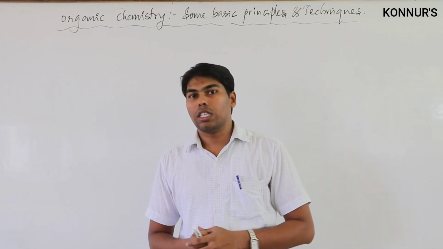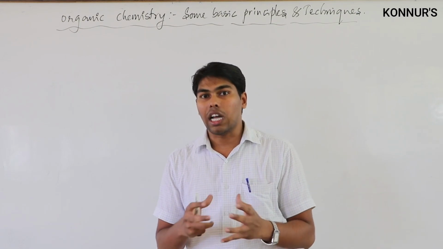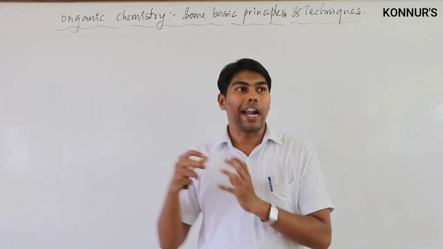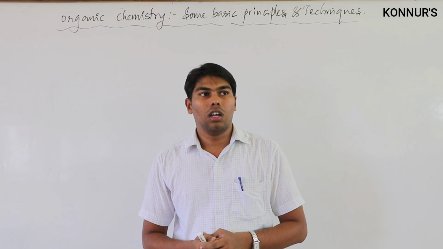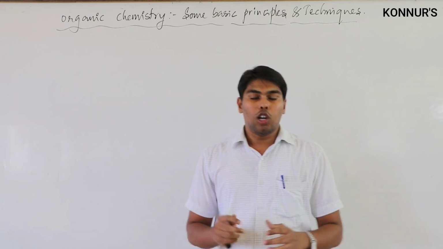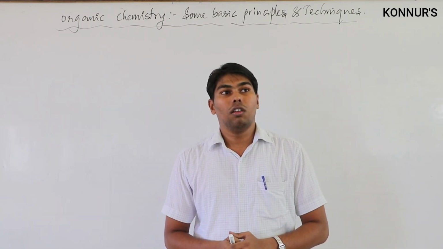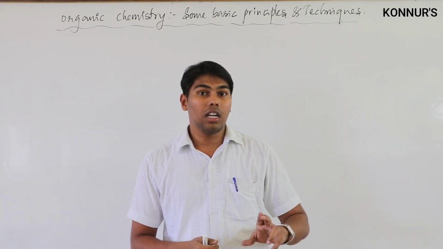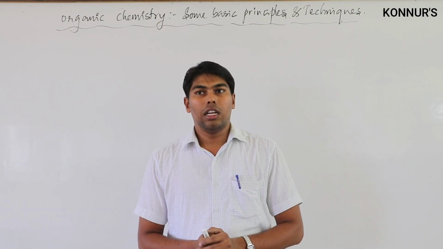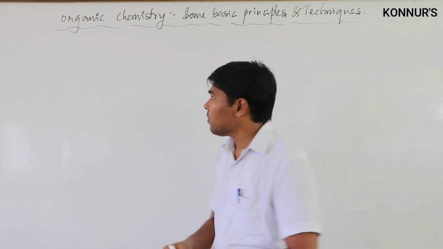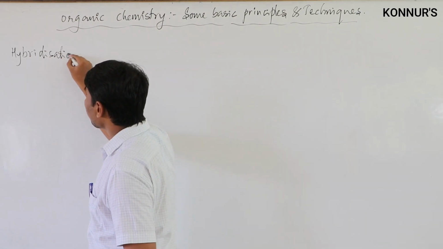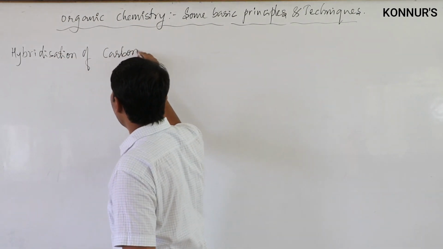In order to form the compounds, the central atom, that is the carbon, should provide its orbitals for the accumulation of those atoms. Atoms will donate the electron to that carbon and make the bonding. In order to bind with the other element, carbon should intermix its orbitals to provide a new set of orbitals having almost the same energy. This process is called hybridization. Hybridization of a carbon atom.